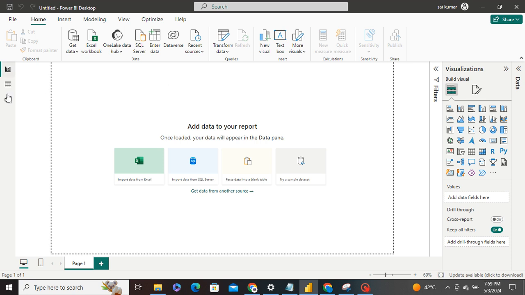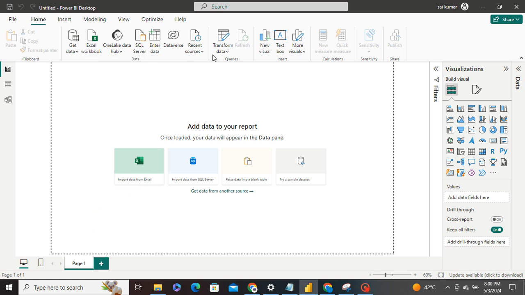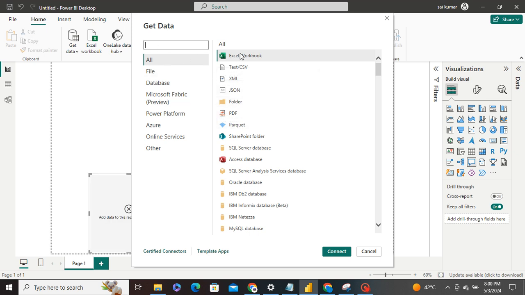Hello everyone. Now I am going to start with Get Data. Get Data is a feature that allows users to connect to various data sources and import data into their Power BI projects. When you click on Get Data in Power BI, you're presented with a wide range of options